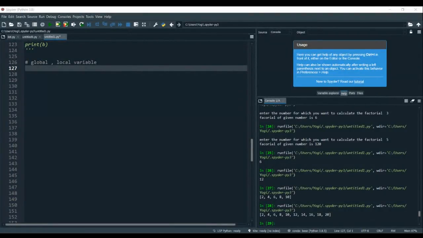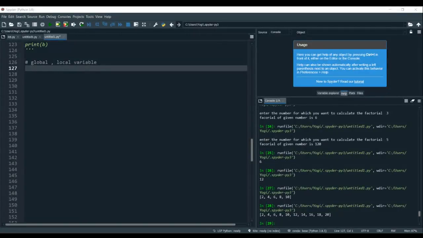Yes or no, so that I can explain. Okay. And what about the global? Yes, both Divyanshi and Anurag have given the right answer.